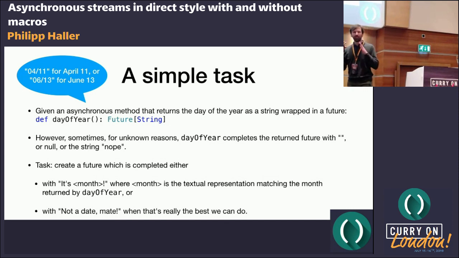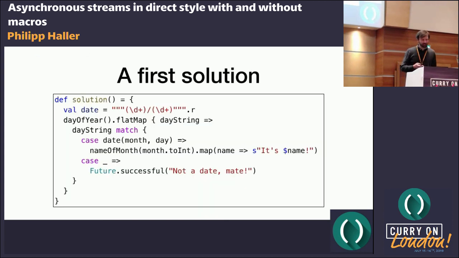And who of you likes functional programming? Okay, so carry on. There's at least half the people who like functional programming. That's good. So that then should be easy to make a solution, right? Where we're just using futures and higher order functions like flat map and map, right? Where we say, well, let's call day of year. That returns a future, and we have higher order functions defined on it. And here we use flat map and pass a closure.